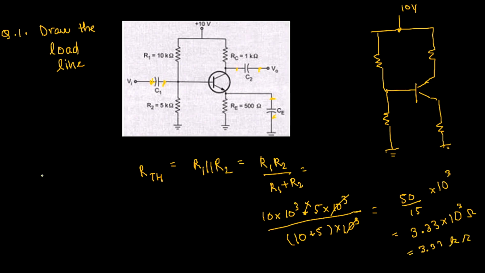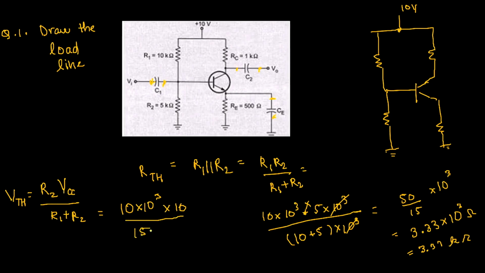After finding RTH, the next thing we need to find is VTH, which is given by R2 into VCC divided by R1 plus R2. So the value of R2 here is 10 into 10 to the power 3, the value of VCC is 10, and R1 plus R2 is given by 15 into 10 to the power 3. So the 10 to the power 3 gets cut and we are left with 100 by